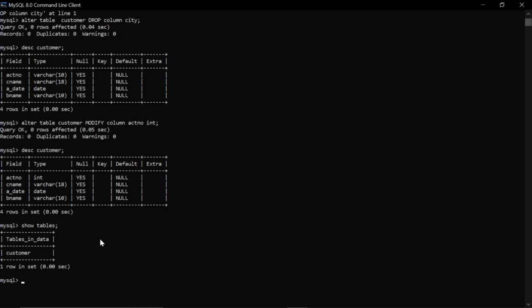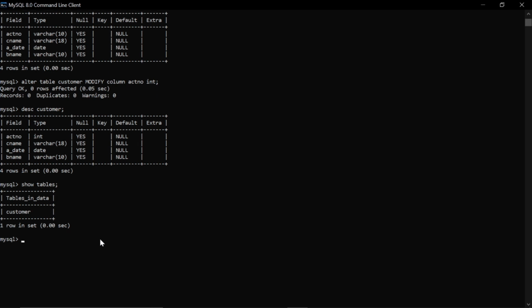If there are multiple tables in the database, then the name of the table cannot repeat. So you have to check first which table you are renaming, so that it is easier for you to avoid naming the table with a name which already exists. So suppose I want to change the name of the table to deposit. I will write the syntax as alter table, the name of the table, rename as the new name.